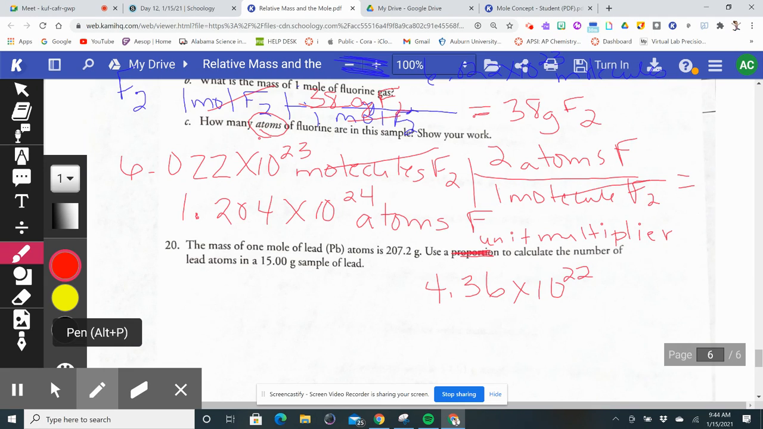I got 7.06. Probably right. Divided by what? Let me see how you set it up. How many grams are in one? I obviously said that's wrong. Well, yeah, obviously. So you have 15 divided by 207, and then times the 6.022 times 10. I did that because in the question, it said 1 mole of lead atoms is 207. It's not. So,